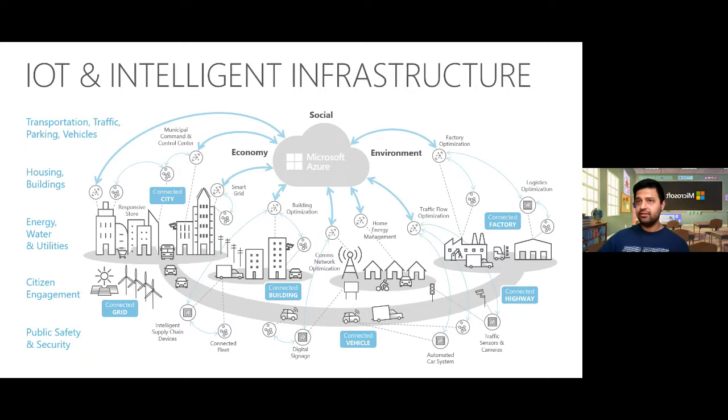And of course, we have a few other things on the example slide. Utilities: how can we manage utilities better through a connected grid? Citizen engagement: ensuring we can connect with the residents in our properties a lot more effectively using these various devices that are coming online. And safety, that I mentioned earlier. So there are a lot of scenarios that we can enable as a result of these devices coming online and the connectivity and the data that they will provide.